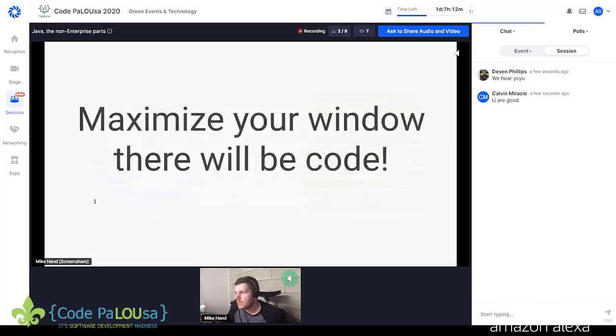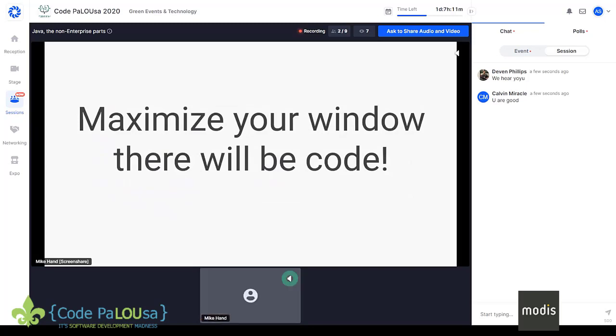One thing that I want to say before we begin, there will be a lot of code in this talk. I will be showing and running code examples for basically everything from here on out. This will be the end of the slide deck. So I highly, highly recommend before we begin that you maximize your browser window and also collapse the chat window, whatever makes the screen bigger. I'm going to flip over to my slide deck, and I'm going to turn off my camera now to encourage you to focus on the slide deck. And we'll go ahead and get started.